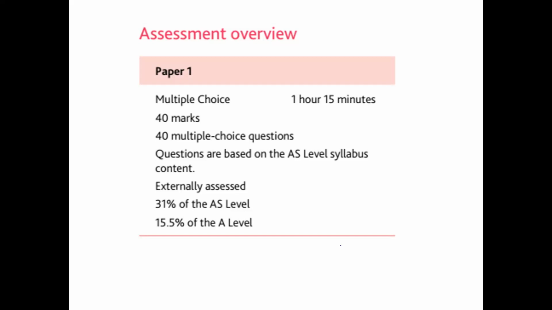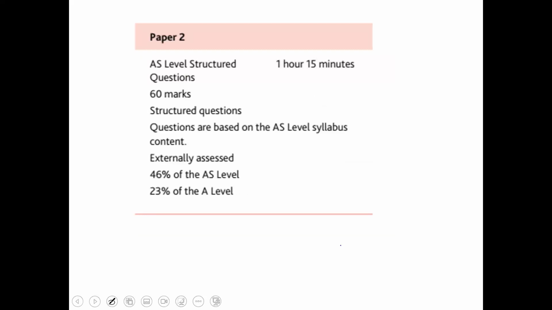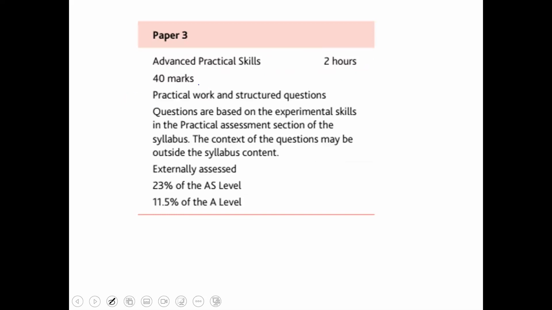Okay, paper 1 is a continuation of paper 2 from last year. Now, do you remember paper 4 last time, the core theory paper? Yeah. Okay, just like paper 4, in AS level they have paper 2. It is a 1 hour 15-minute paper, and there are 60 marks for it. It is called the structured paper. Now, do you remember last year's paper 6, which we used to call ATP, alternative to practical? Yeah.